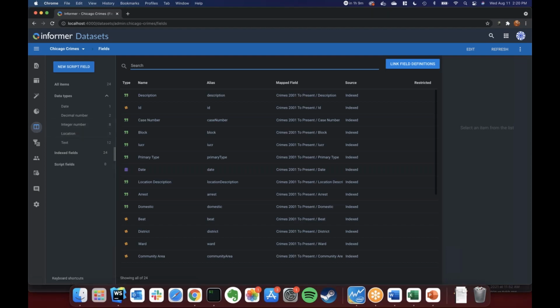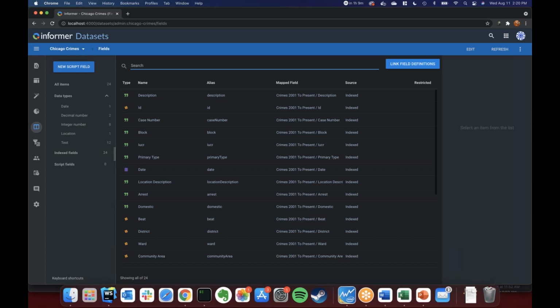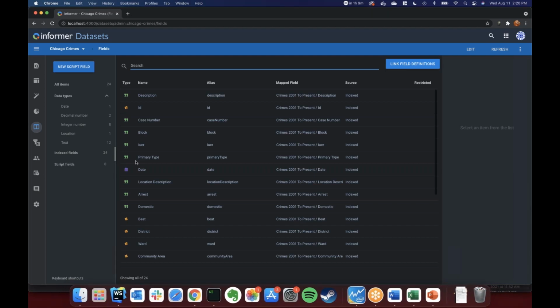A really good example of when you would use a script field would be something like age. Let's say we wanted to pull the age of the crime that took place. This is something that is constantly changing. If something is 10 days old today, it'll be 11 days old tomorrow. And unless I refresh that data all the time, it would be difficult to use a flow step for that. So fortunately, you can use a new script field to evaluate the calculated expression as your users